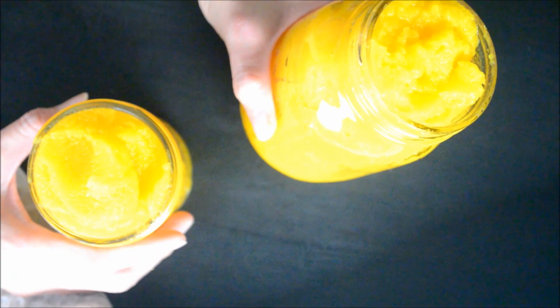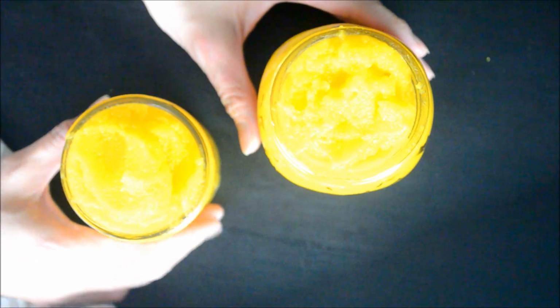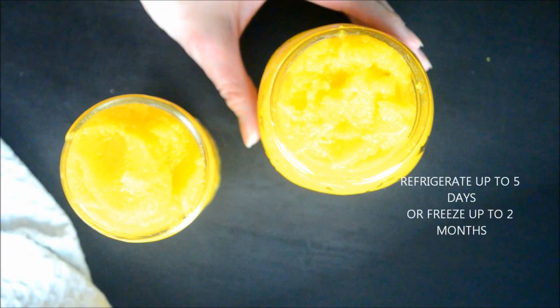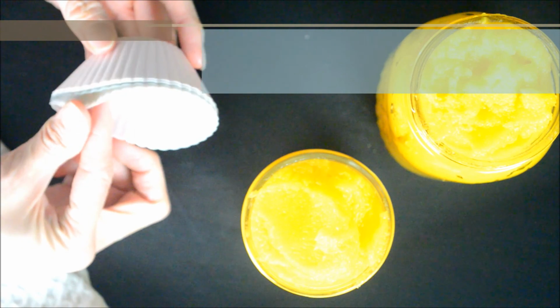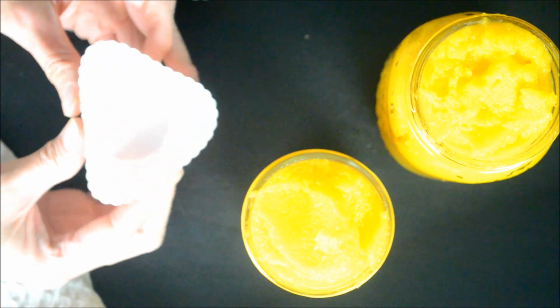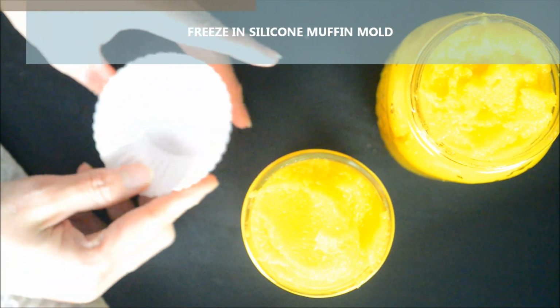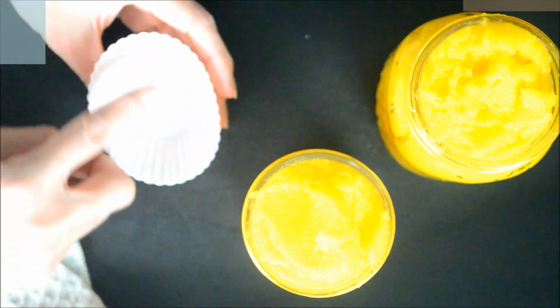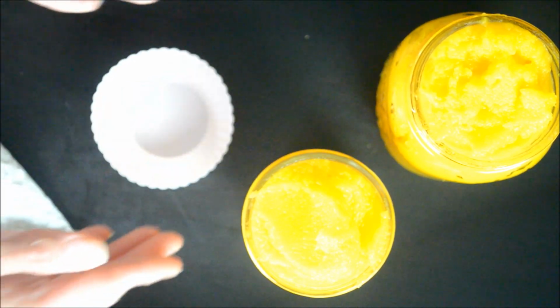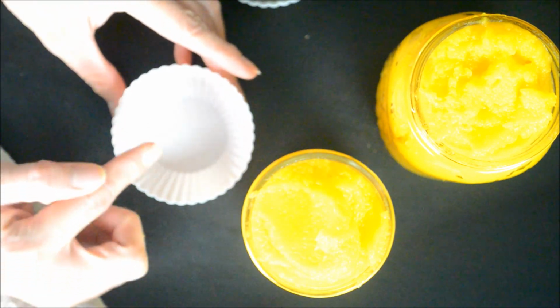Now, you can keep this refrigerated for about 5 days. If you think that you won't be able to finish it within 5 days, I suggest that you freeze it. The way that you can do it is you can use muffin cups like this. Make sure to use the silicone ones because it will be much easier to remove it. What you do is you just put some of the pumpkin puree in the cup, and then you stack it up, put it in a tray, and then put it in the freezer until it's totally firm